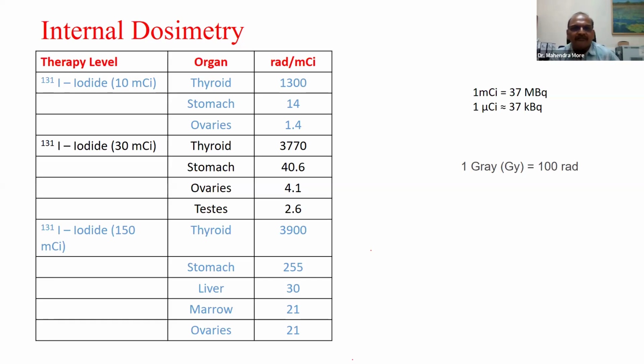Like if the patient is not fasting, suppose the patient has had some food and then you administer radioiodine, it will stay more time in the stomach. Because it stays in the stomach for more time, it may deliver a very high dose to the stomach. It is also excreted from the bladder. If the patient doesn't